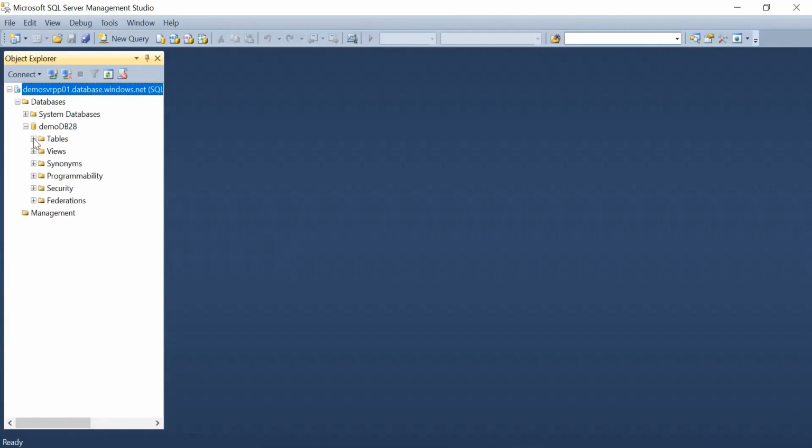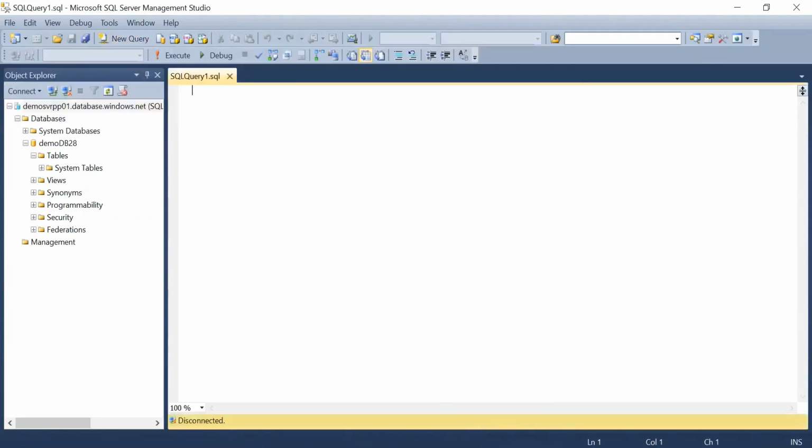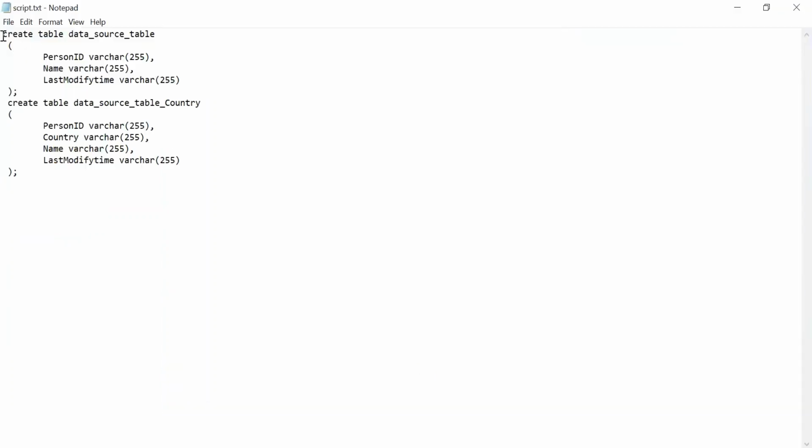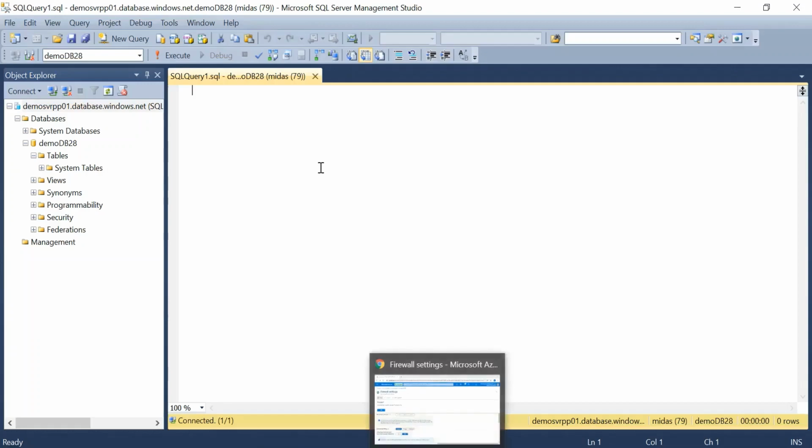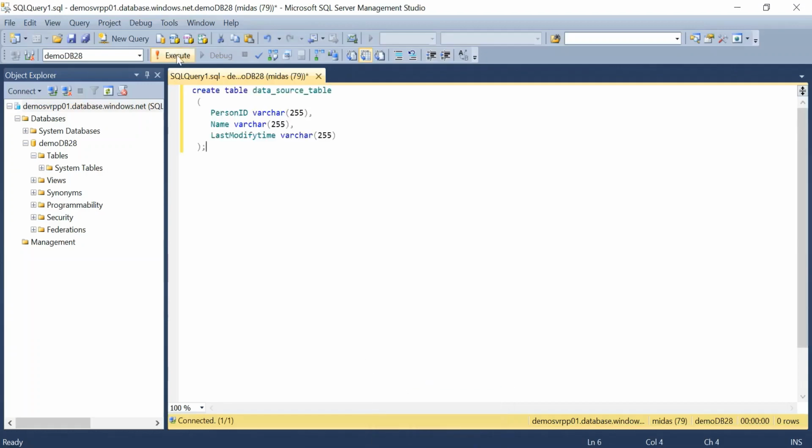This is my database, and we can create any database object here. Let me open a query window. Let me create a table. This table we will create in the database so that we can load data to this table using Data Factory. My table is created.